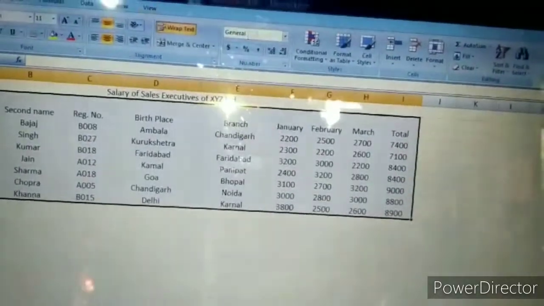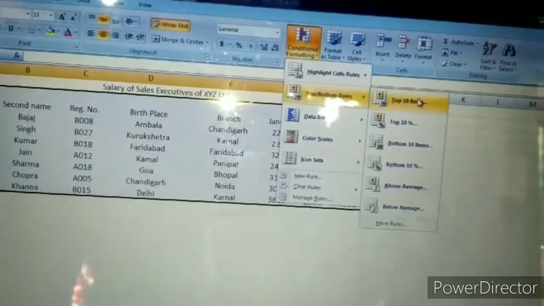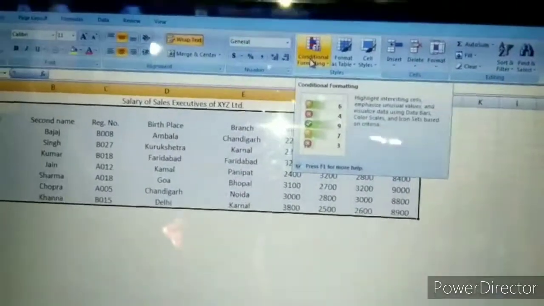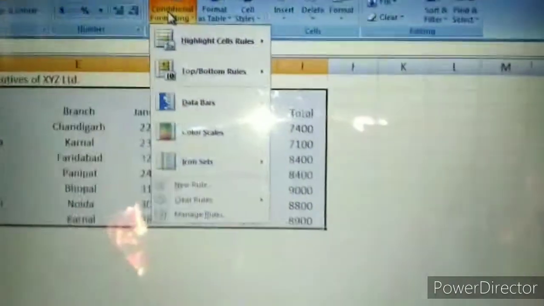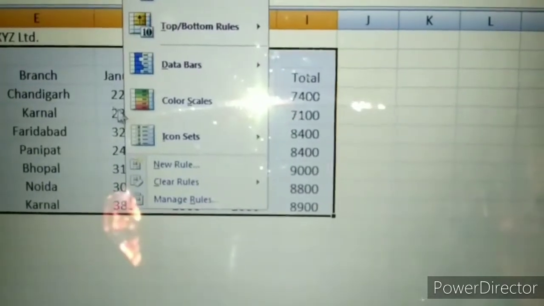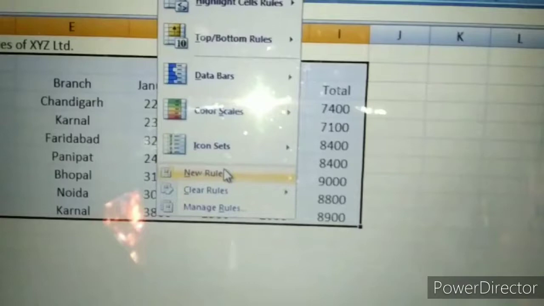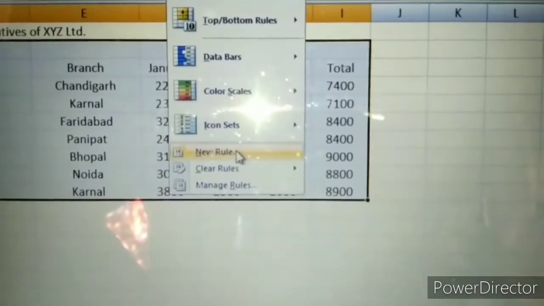Now we will go with another, top and bottom rules. In your book this option, new rules, is also explained, that is why I want to draw attention to this option.